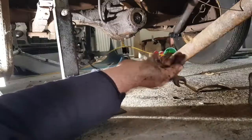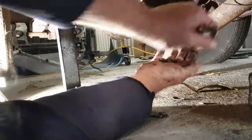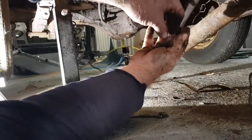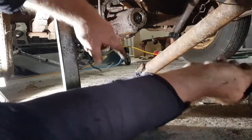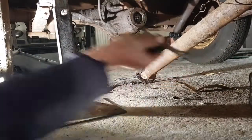Let's get stuck into the gearbox now. That was an absolute pain in the ass, but I got the tail shaft out. The problem is the nuts and bolts are that greasy. This thing is just absolutely covered in grease, and you can't stick the ring end